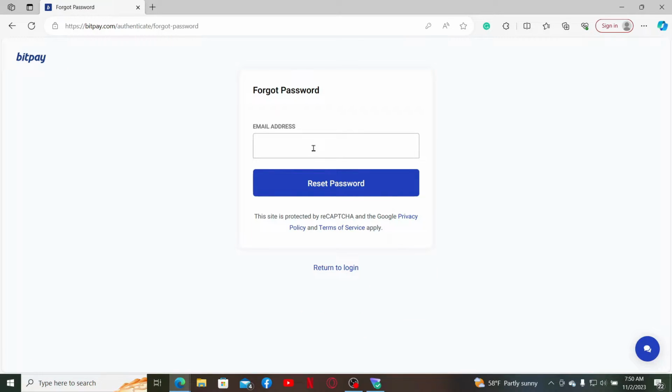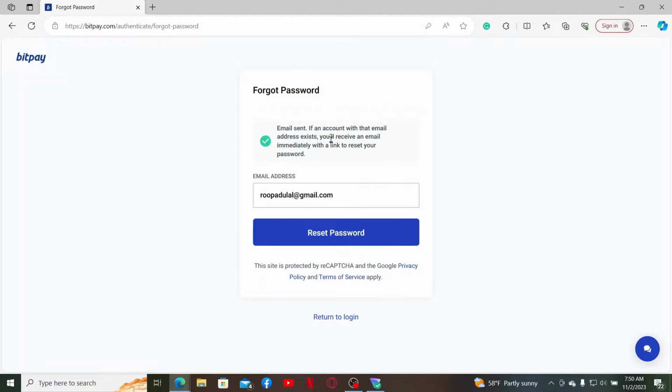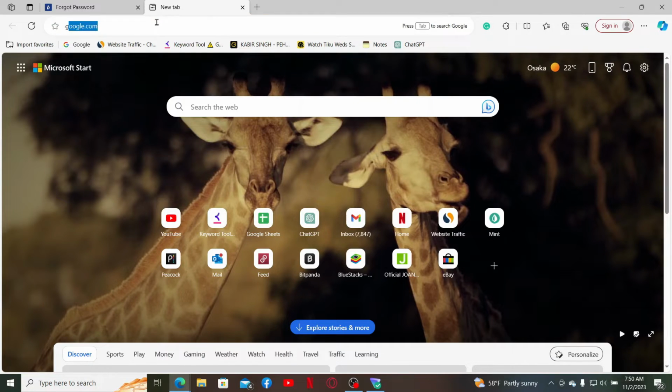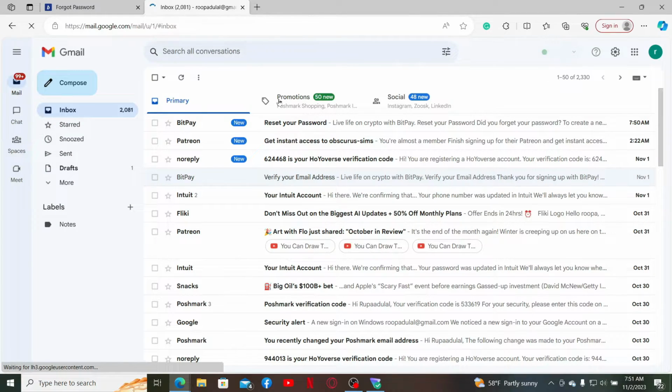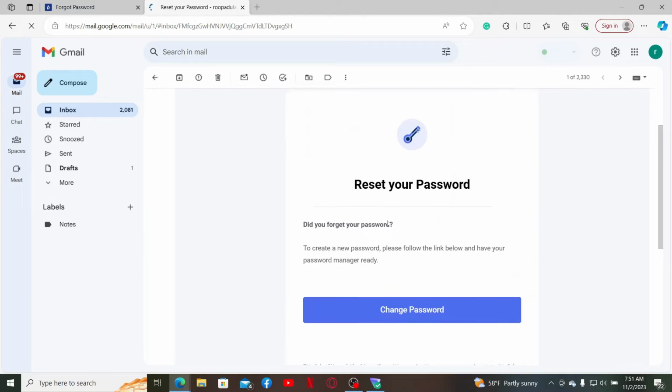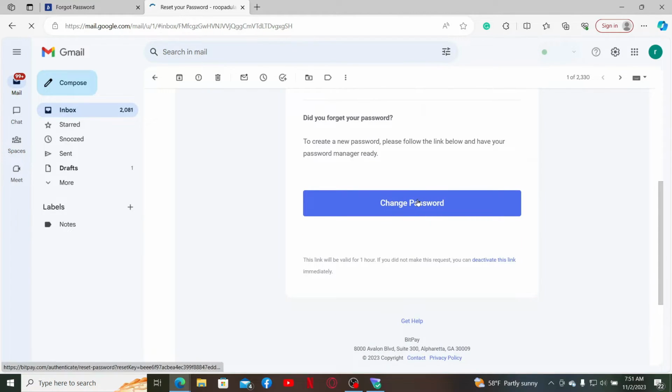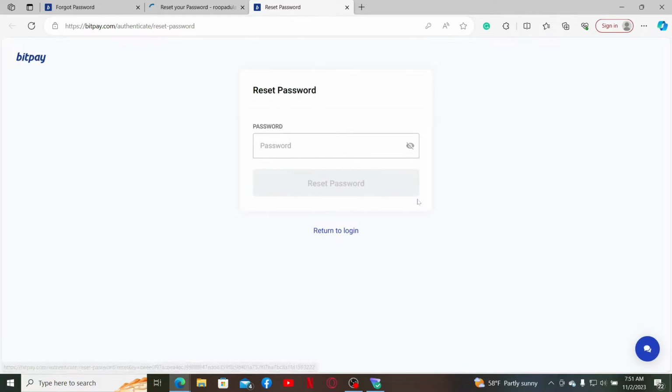Now, on the next page, go ahead and enter your registered email address for BitPay. Once you are done, click on Reset Password. You'll then receive an email with instructions to reset your password in this provided email address. Go ahead and log into your email inbox and click open the email from BitPay where it says reset your password. Now, click on the change password button appearing inside your inbox